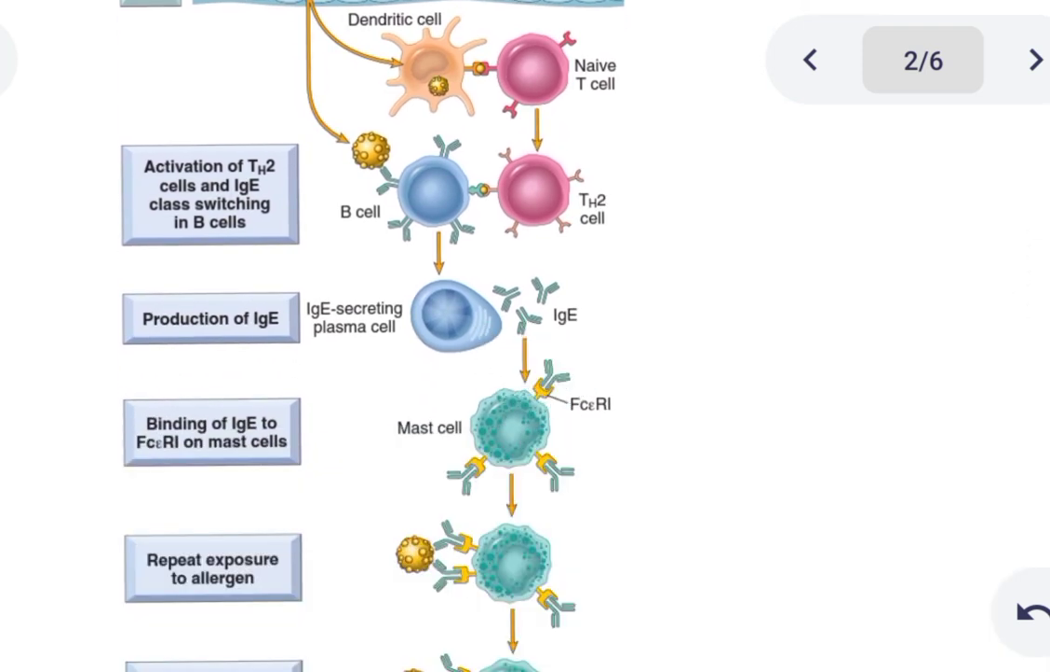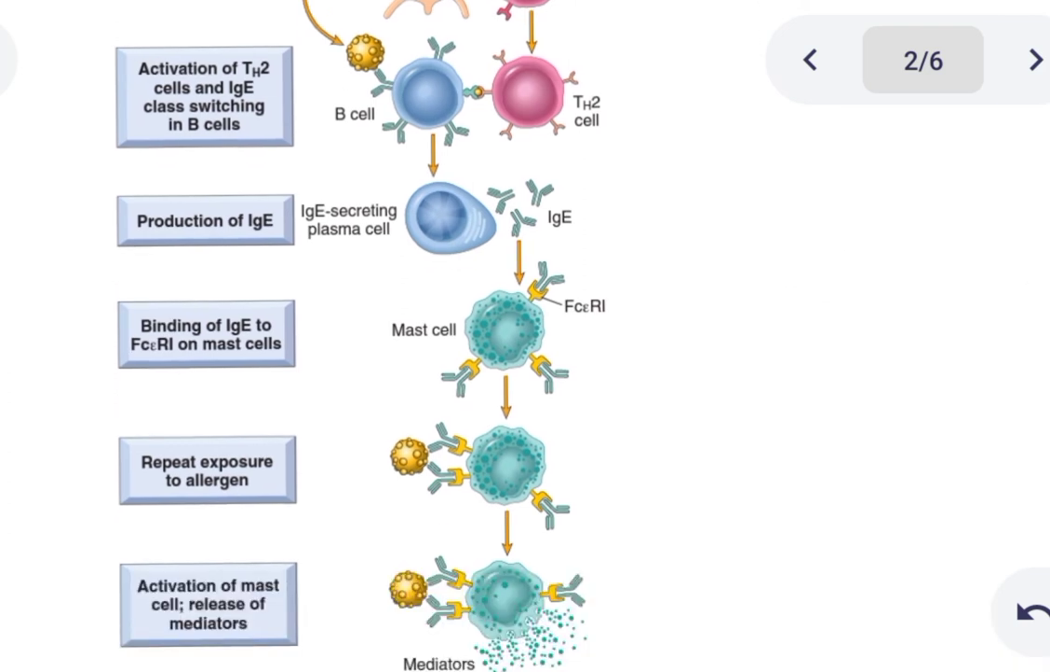Once this IgE is produced, it binds on FcR1 receptors. These receptors are found on cells such as mast cells and basophils, and they have high affinity for this antibody, which is IgE. Once IgE binds on these receptors, the process is called sensitization. So we can say that mast cells now are sensitized. During the secondary exposure or repeat exposure to the same allergen, this allergen is going to bind on these two antibodies,